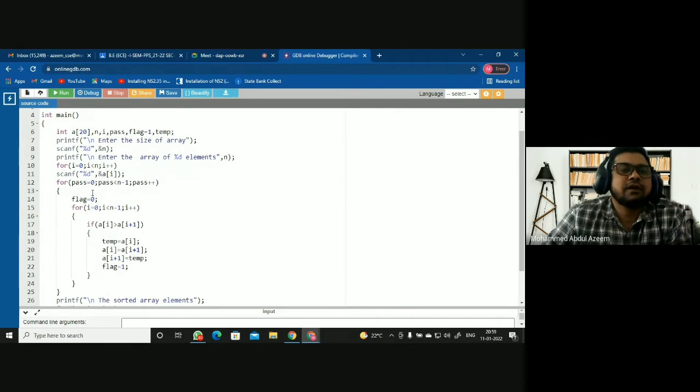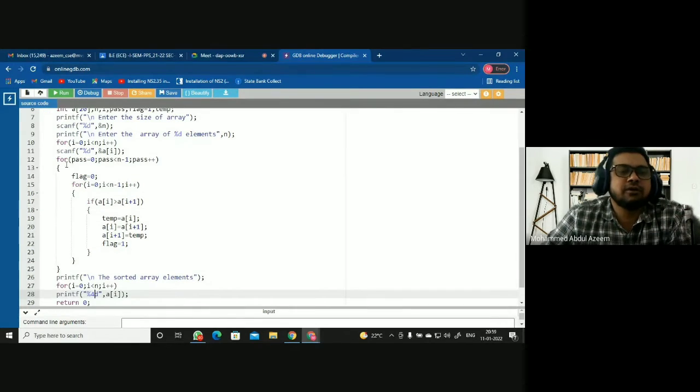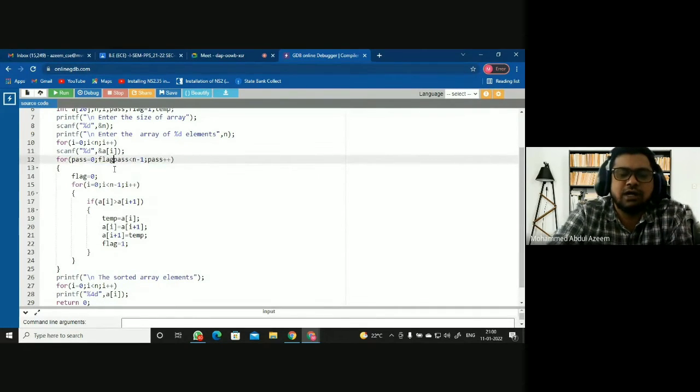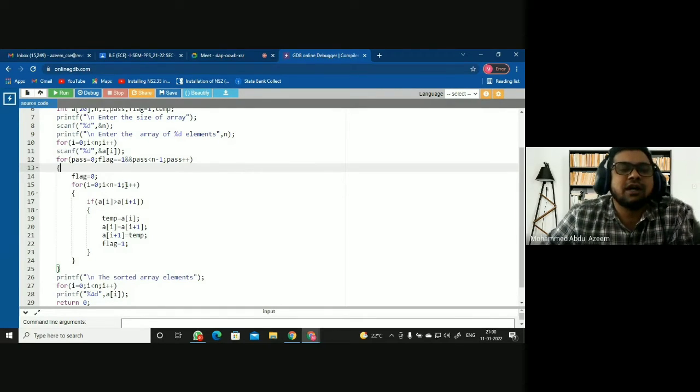Okay. Then I am here having an outer for loop to judge the number of passes required in order to sort the elements. Okay, here another condition which I have to add is, as I said, flag equal to 1. Fine. So this flag equal to 1 is another condition which I am adding, which helps to restrict or allow the passes based on the requirement, right? When the array elements are sorted, then this condition will never be true. Then the flag value will be 0 itself when you come for the next pass. So you will not be allowed for the next pass.